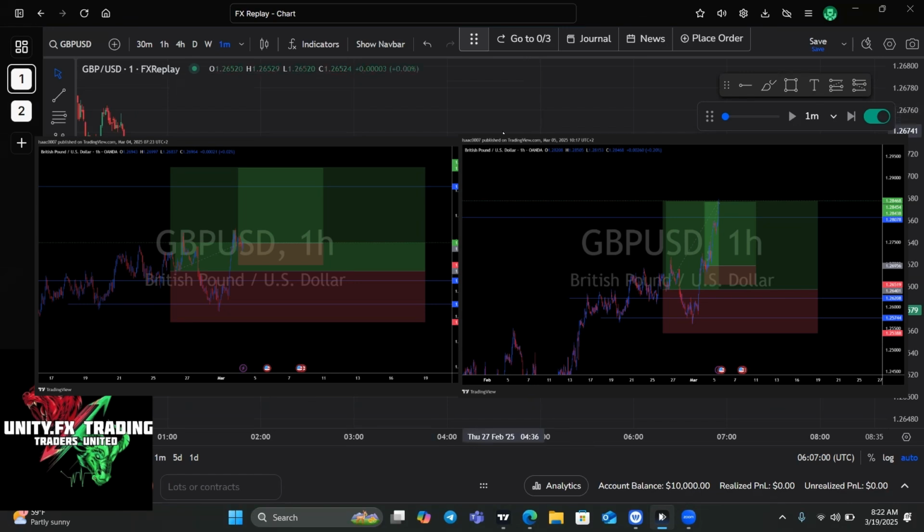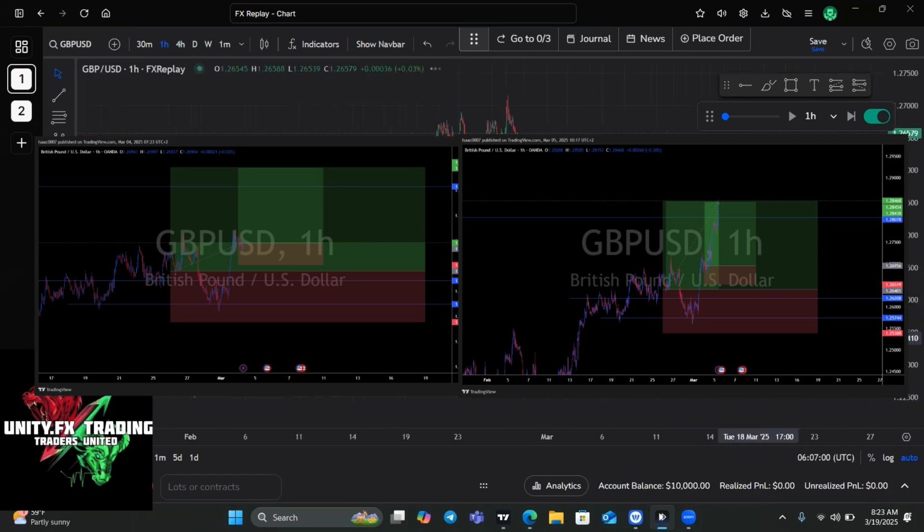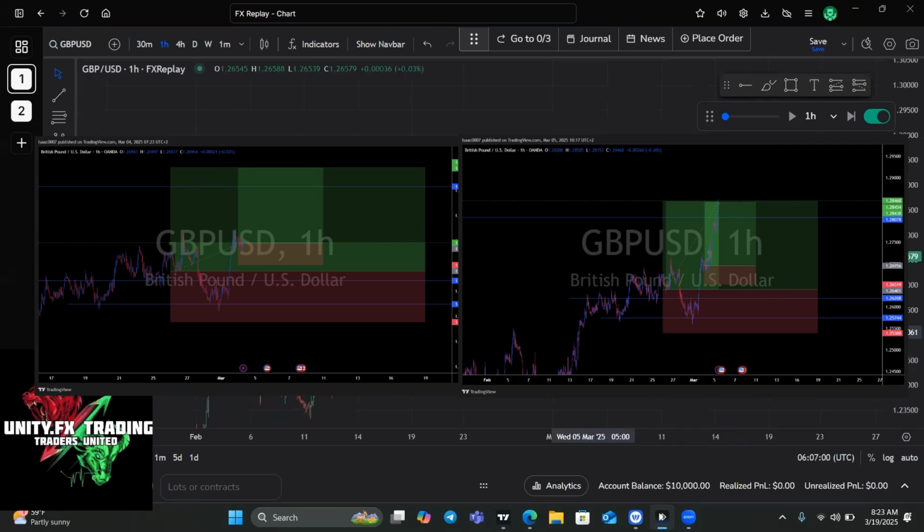Today we are going to do a breakdown of GBP/USD. This is a trade that we took the other day, I think a couple of weeks back. So I just wanted to do a breakdown of how we saw the trade and why